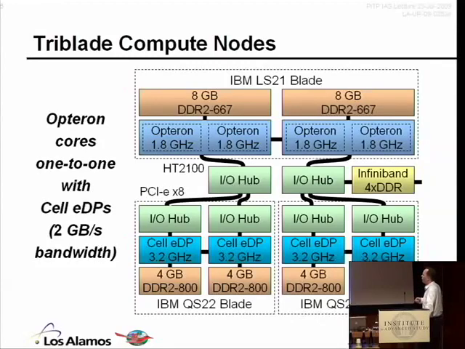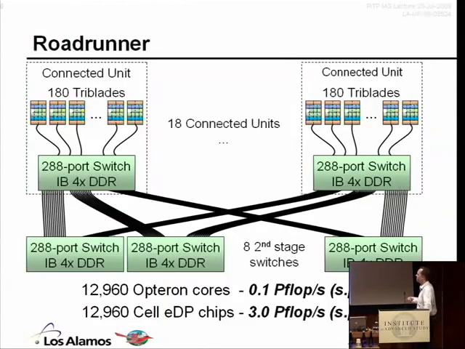Now, if you take 4 Cell chips and you put them into 2 IBM QS22 blades, and then you hook that to an IBM LS21 blade, which has 4 Opteron cores in it, you get a Triblade compute node. The main feature that's relevant to porting VPIC to this, and also for a lot of other platforms, is that the data path from the Cell chip right here over to the DRAM over here on the Opteron has about 2 gigabytes per second bandwidth, whereas if I actually look at the data path right here, it's about 25 gigabytes per second. Now, if I take 180